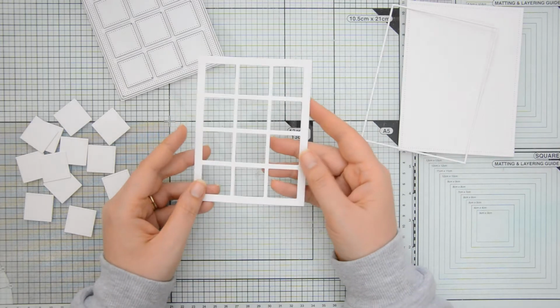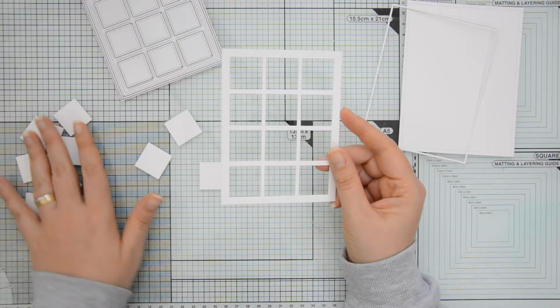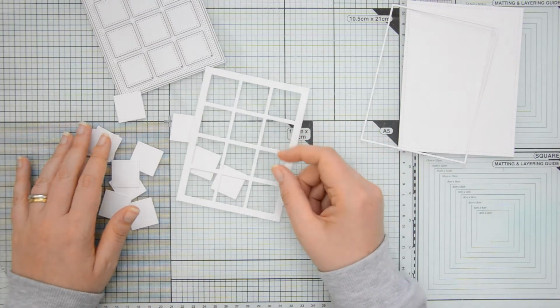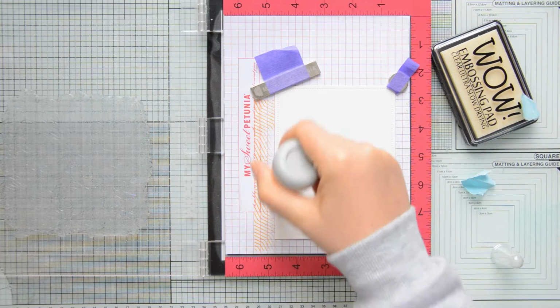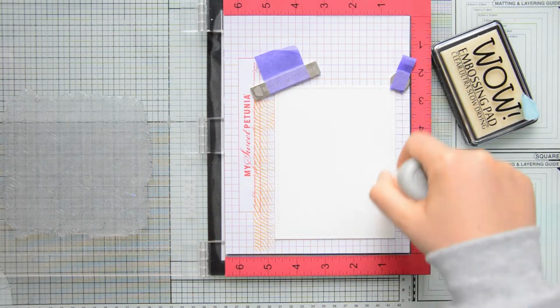I'm going to save the very thin frame for my project today, and then I'm going to store this larger frame as well as the smaller square die cuts together with my die so that I can use it for another project later on. I then moved on and started working on my background, and for that I took my